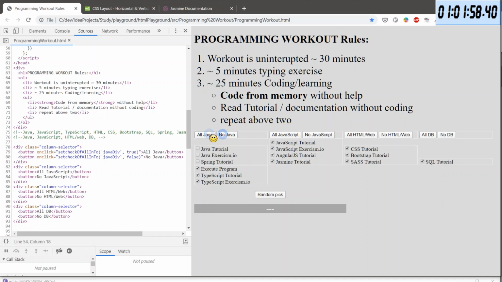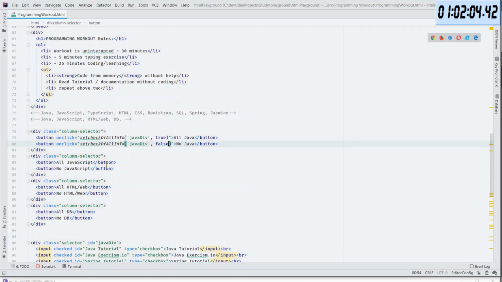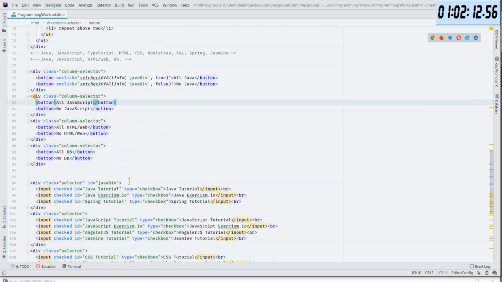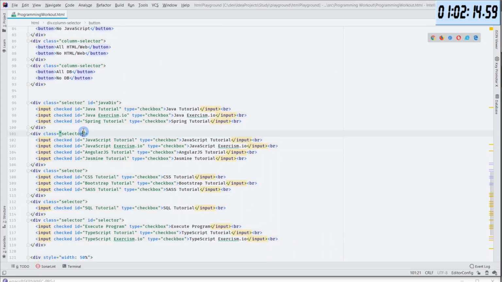And I will do the same thing for the rest. So this will be a pretty manual thing to do. First I need the IDs for those columns.